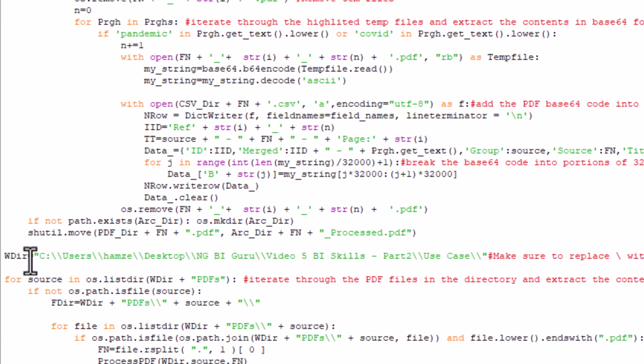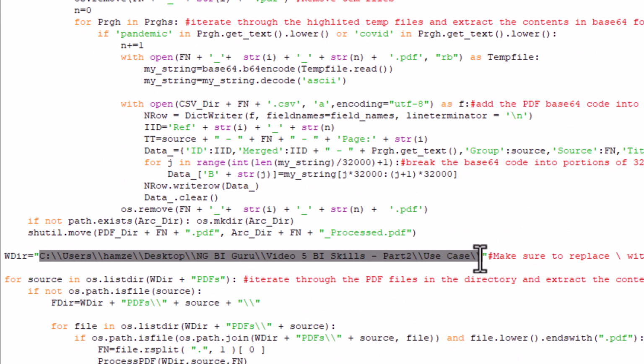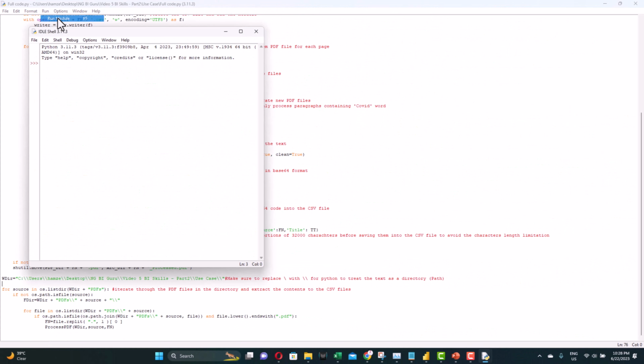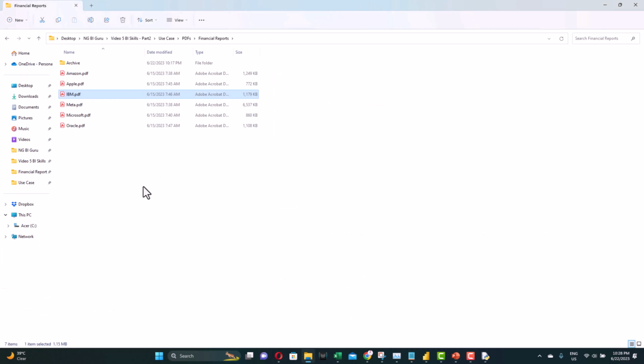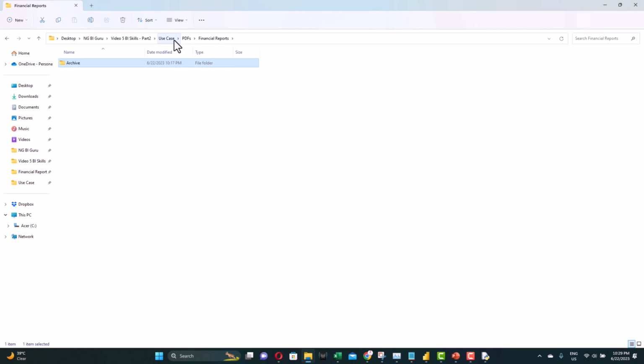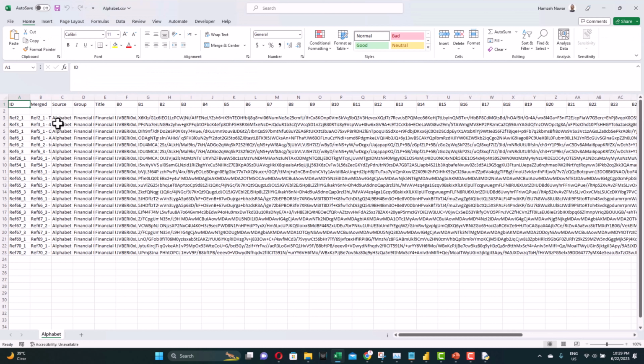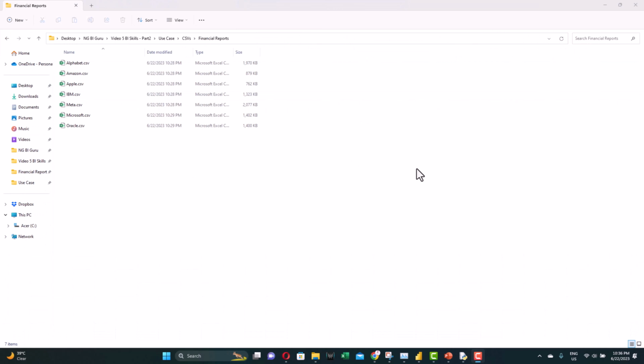You only need to feed in the correct directory and run module. Now, if you go have a look, we can see the files have started to get processed here, and we are done. Now, if we go to the CSV directory, we can see that a CSV file was created for each of the files. If we look into those CSV files, we'll find it only extracted the paragraphs containing reference to the COVID pandemic.